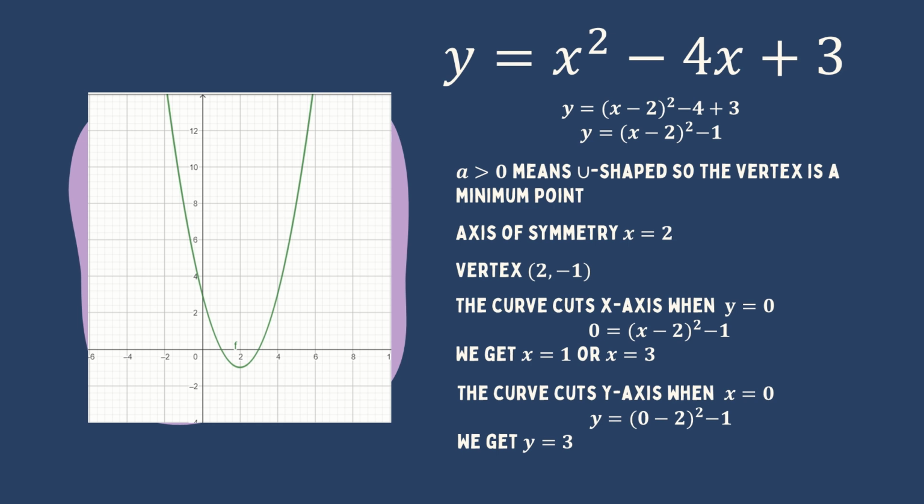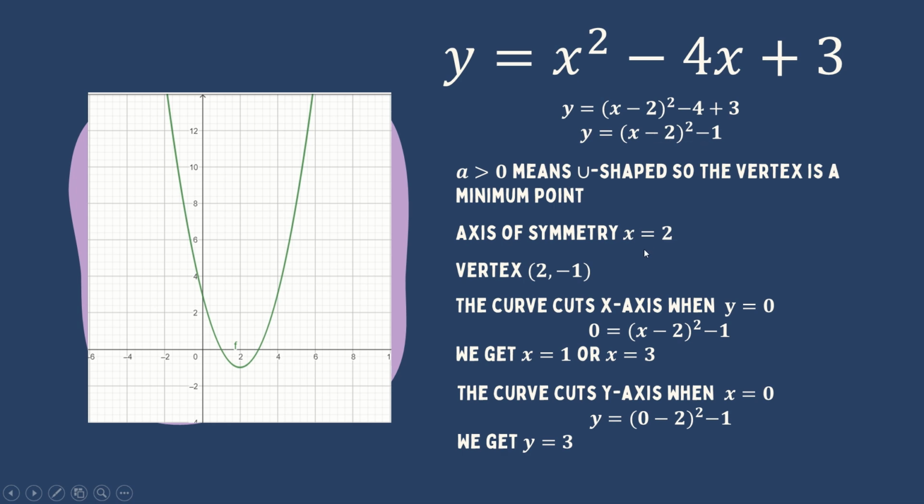For example, we have this quadratic equation y equals x squared minus 4x plus 3. To make it easier to draw the sketch of this function, we need to complete the square of this quadratic equation. So we get y equals x minus 2 squared minus 1. Because in this new equation a is greater than 0, the graph of this function is U-shaped. So the vertex is a minimum point. And from this equation, we get the axis of symmetry is x equals 2. The vertex is